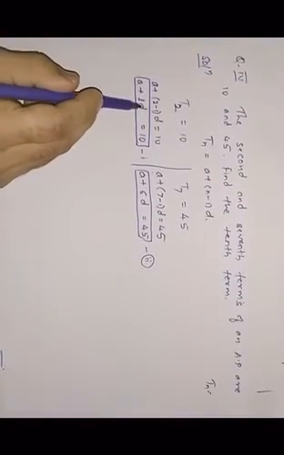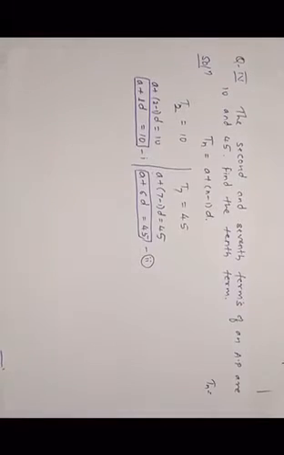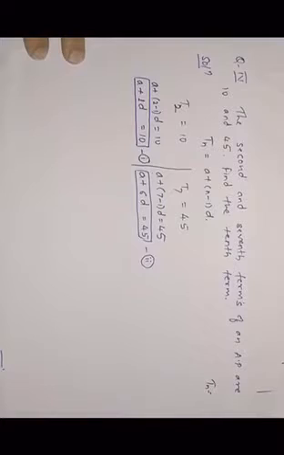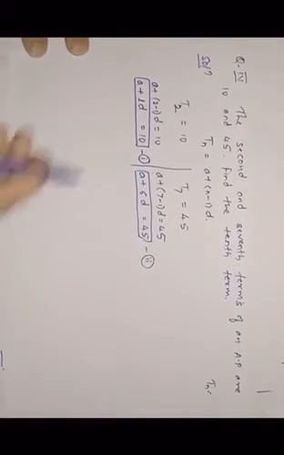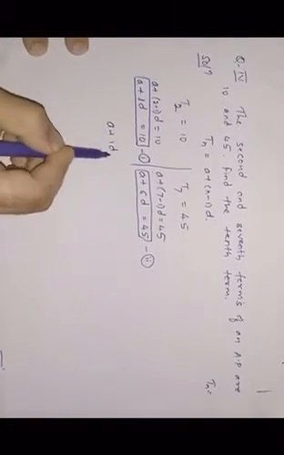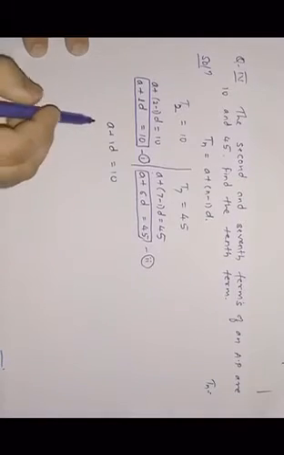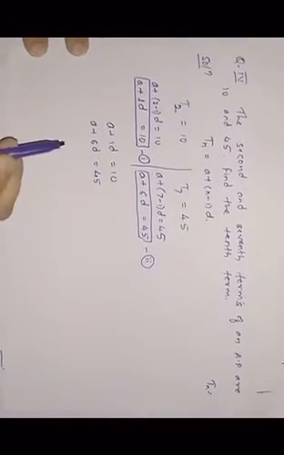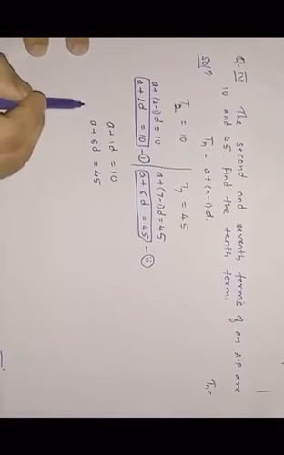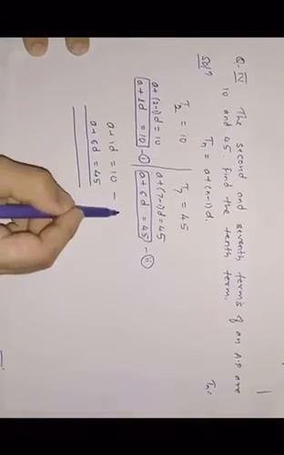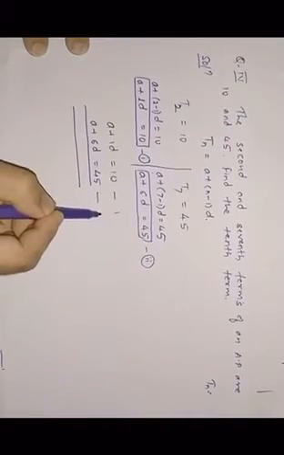Now we already studied this type of equations to be solved in factor and remainder theorem. So these two equations we have to solve by simultaneous linear equation. So first I will write the first equation, A plus 1D is equal to 10. Second equation is A plus 6D is equal to 45. Now how to solve simultaneously these two equations? This is the first equation and this is the second equation.